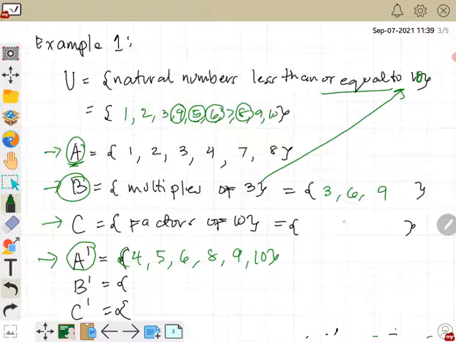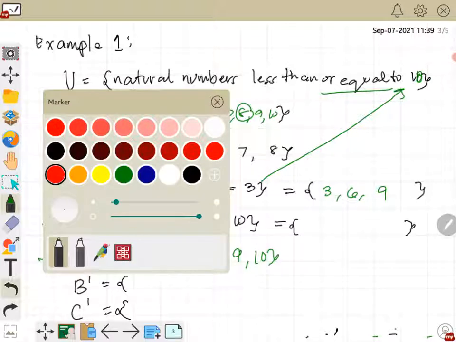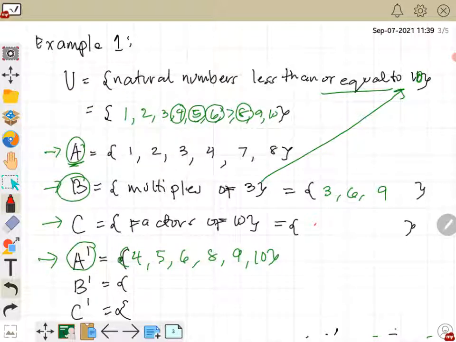Okay, so now let's compare the universal set and the set B. What are the elements in the universal set that we cannot find in B? So what are those? If we're going to look back, we have 1 and 2, of course. So let's write 1 and 2. 3 is an element of U, but it's also an element of B, so that's not included. 4 and 5